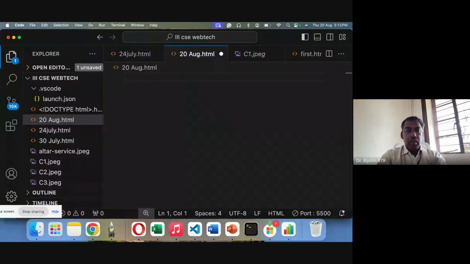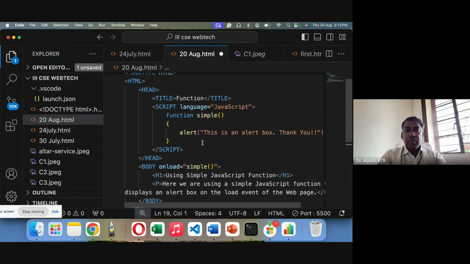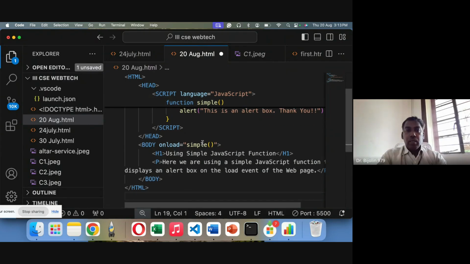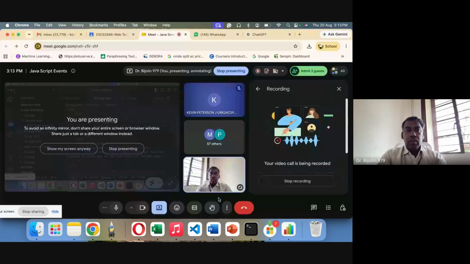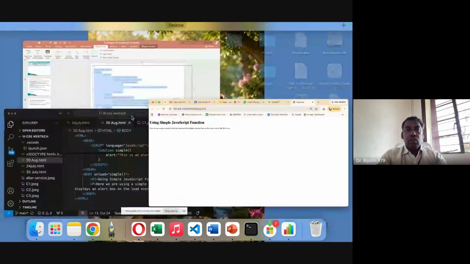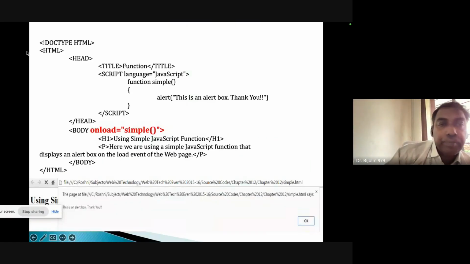you can see how it works. So here we are giving an alert function. This is an alert box. When you execute, it gives an alert box. So by using this alert function, this is an alert box where you have given an alert and you have given it as Thank you. So this is one kind of alert function. And then